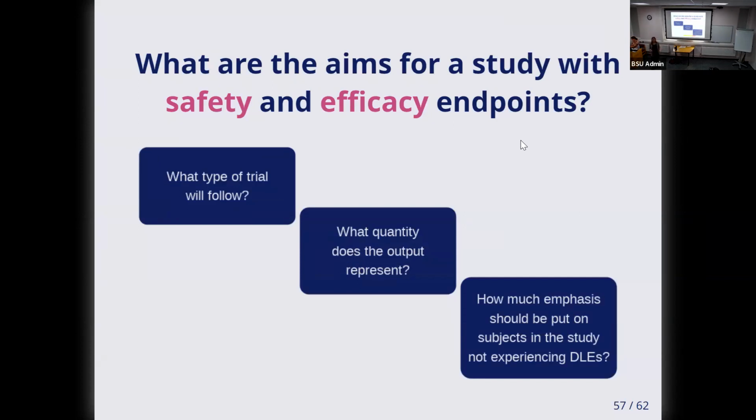Yeah, so the key question that we come back to if we're trying to extend this to a trial with a safety and an efficacy endpoint is, what are the aims? And this is a harder question when we've got the 2 endpoints. It's really important to think about what type of trial is going to follow. So not just to think about this trial as an individual, but to think about it as part of a broader development plan,